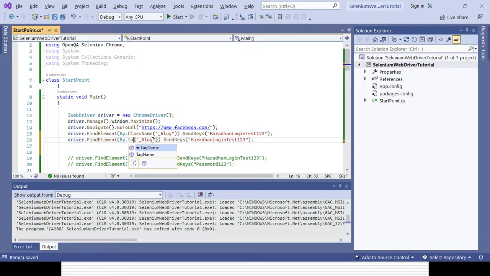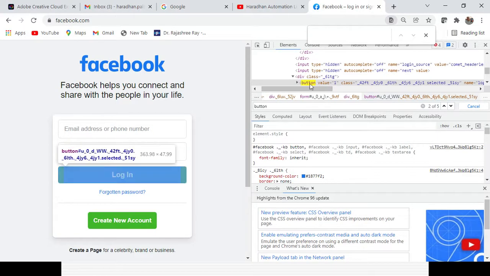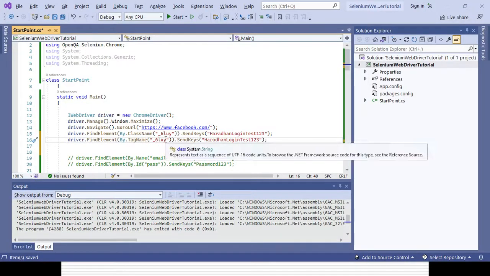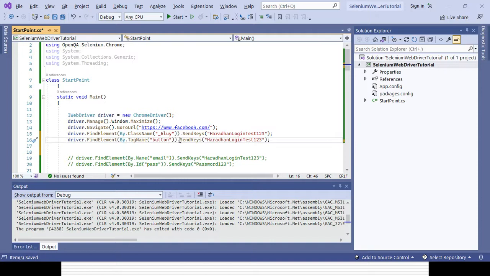Here the tag name is button. Definitely we will be clicking or submitting the button, so we can directly submit the button or click, dot submit or click, whatever you want.